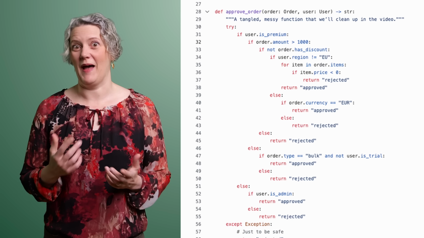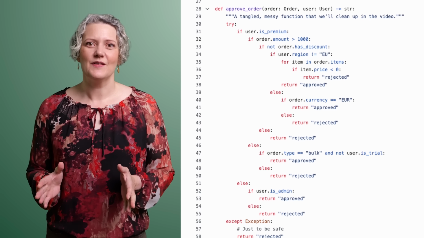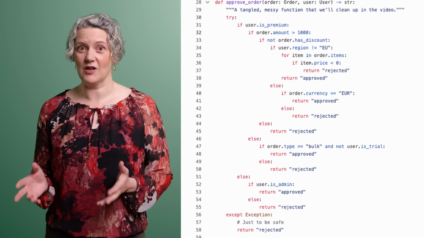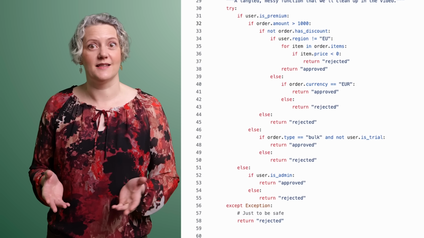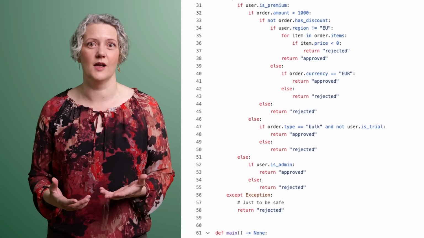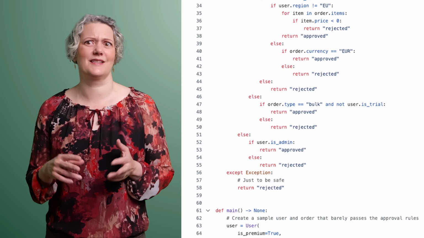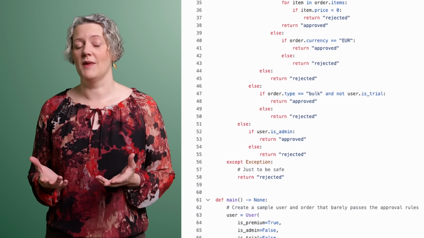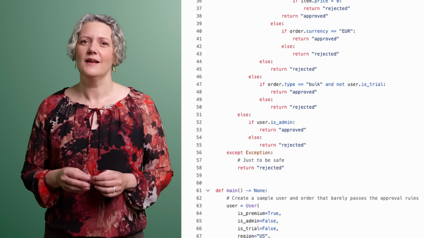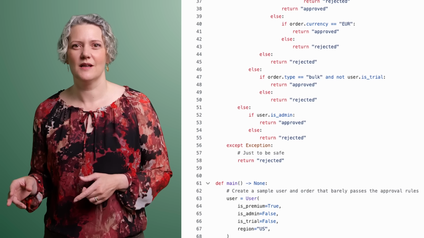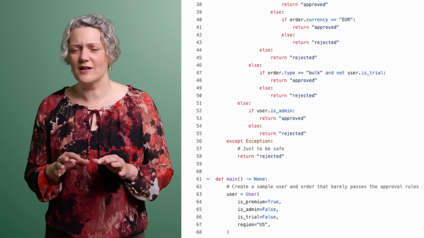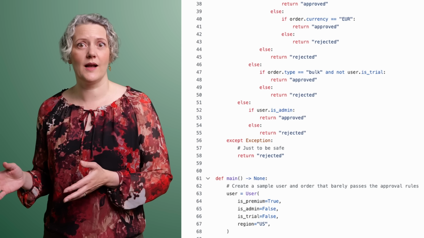Now, this code is bad, and I totally agree that the if-else structure here is out of hand. And I agree with the rest of Arjan's analysis that the code gets this way over time through 1,000 tiny cuts. More and more logic just gets added until you end up with this kind of monster. I've seen this many times in my work as a technical coach. Every developer who added another if statement was just trying to get their task done. They were trying not to break anything, and so they could move quickly on to the next thing. This is not because people are lazy or wicked. This is just what tends to happen.